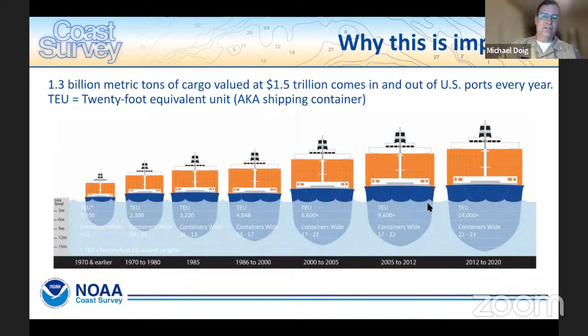There's a lot of work across the country right now for expanding the channels in a lot of different ports to accommodate these much larger ships. I know that Miami's been expanded recently, Houston is being expanded, Los Angeles. I mean, almost every major port is